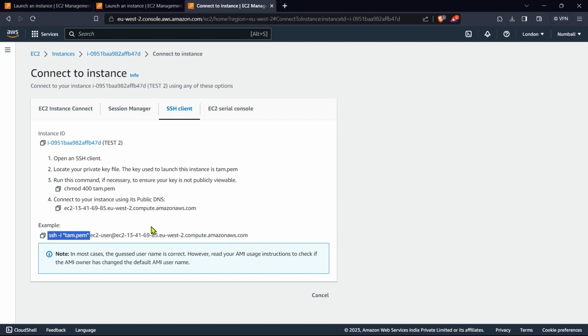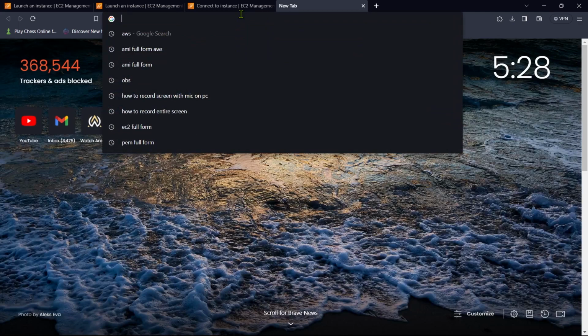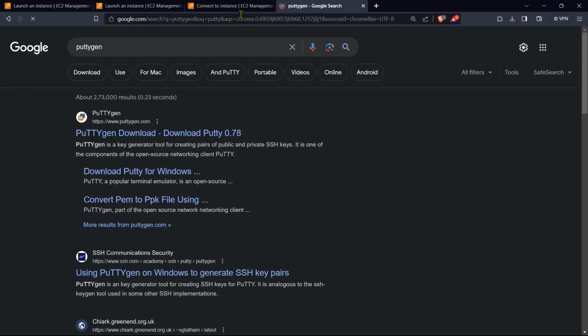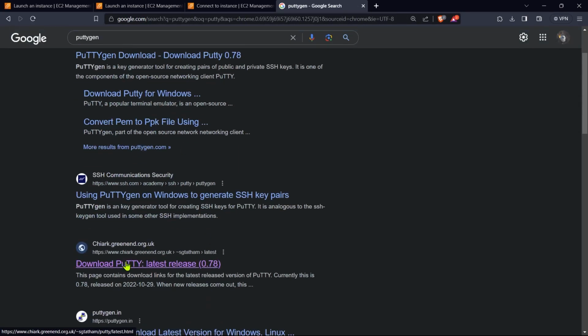So for you to get your password, like what we did for Windows, where we converted the PEM to the password by decrypting it. But here for Linux, what we will do is convert the PEM to a PuTTY format. The PuTTY format is what Linux uses to validate its users. So to get that, you will have to download a separate software. So you'll have to search for it and then click on this link, not anything else,